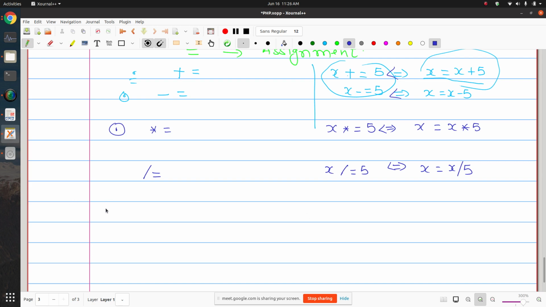Then similar thing we also have for modulus. It means... ठीक है, very simple.